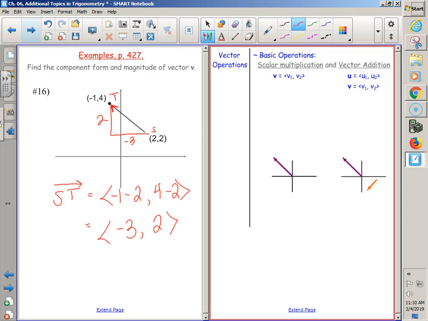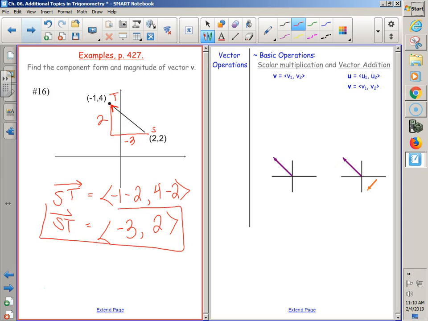But what else? Can you guys read the directions even though they're small? What else were they asking besides component form, which we just found? I want you guys to ponder magnitude and see if you can find it for me when I answer Priscilla's